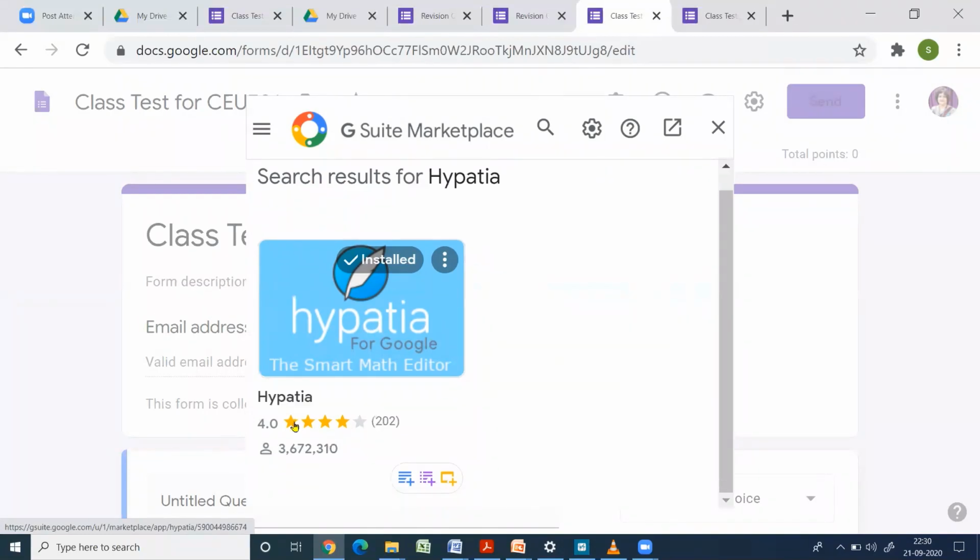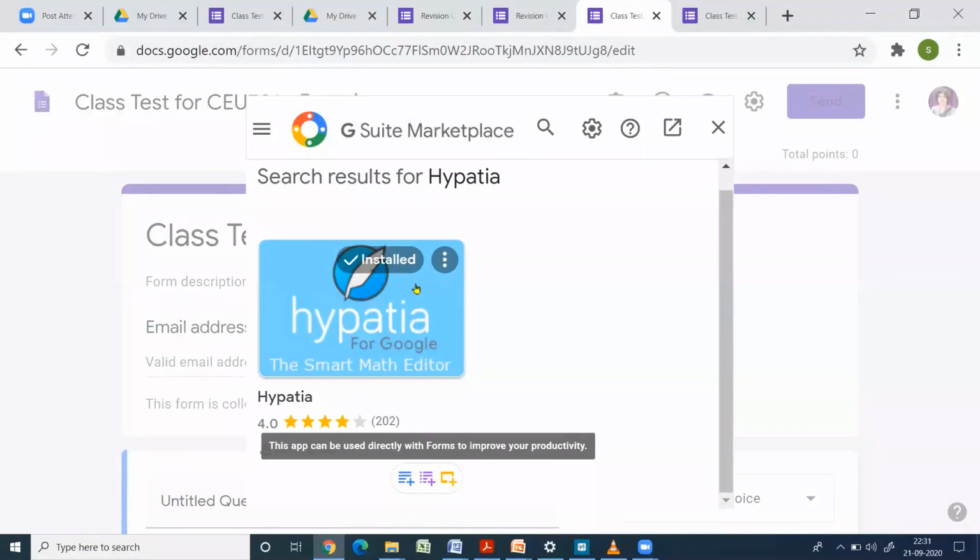So this Hypatia is useful for this app. You can see here it is written that this app is used for docs as well as forms and for slides. So we can use this Hypatia add-on to add the mathematical equations.